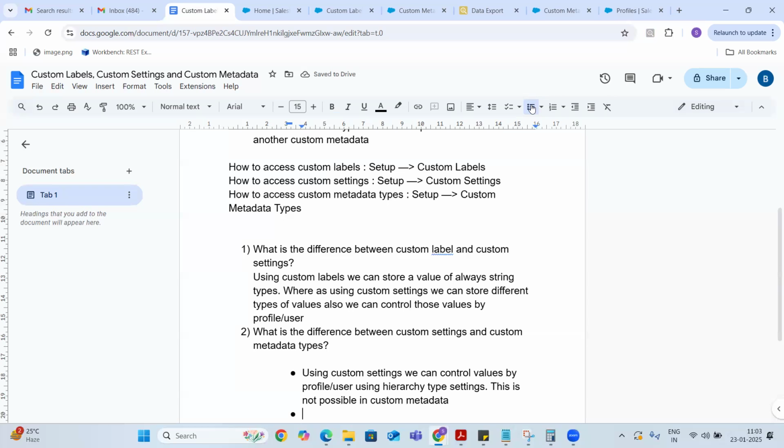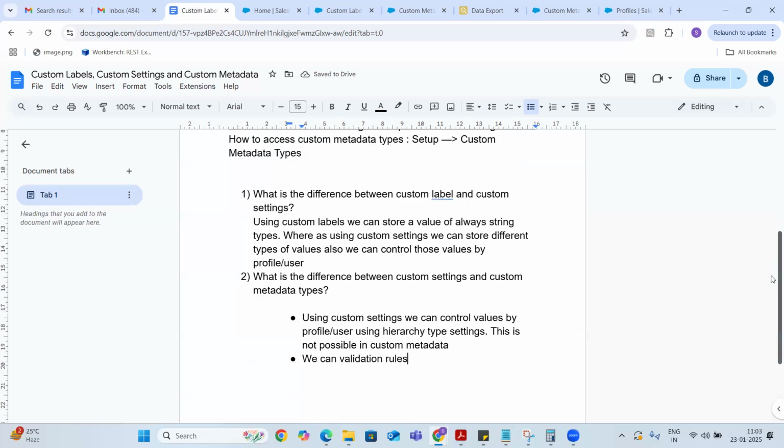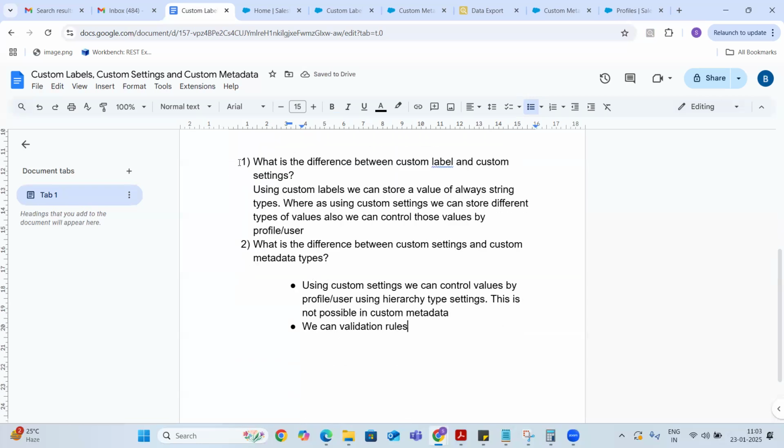And the second difference is, we can write validation rules. This is your important interview question, guys. The first one is 50% chances, but the second one is 100% chances, and you have to explain it. We can write validation rules, right? Validation rules